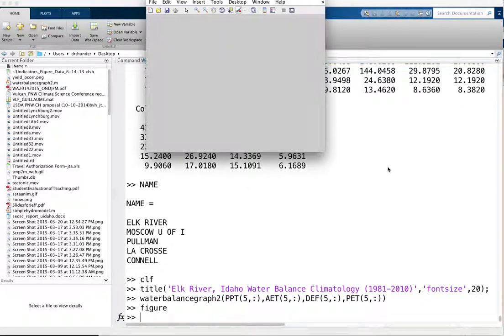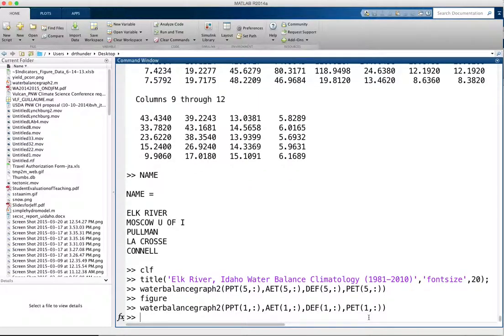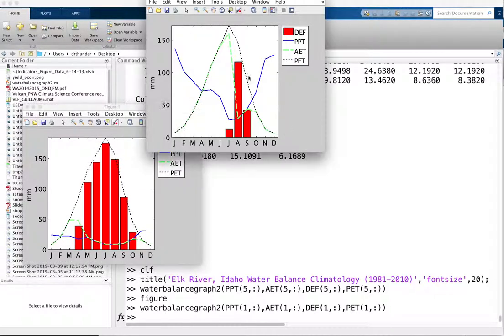So figure, so this will open up a new figure, and we'll run the water balance graph for Elk River, which is located much further east, receives much more in terms of precipitation, and has less potential evapotranspiration. Okay, so here are the two